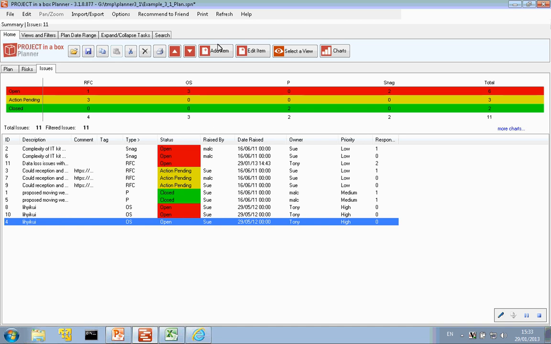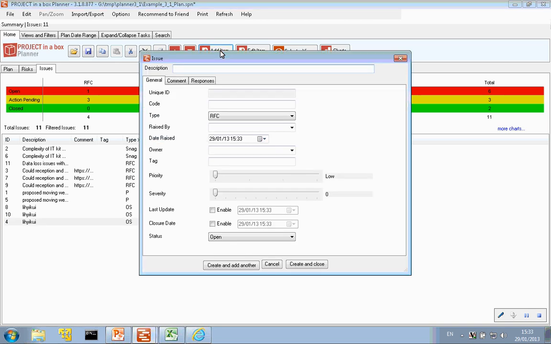So very simply do that by using the Add Item menu, same one we would have used for adding a task in Tasks and Plans or a risk in the Risk area. And I can start to fill the data in. So we have description here, and description is always visible irrespective of which of the tabs we're going to be in underneath. So I'm going to have my new issue